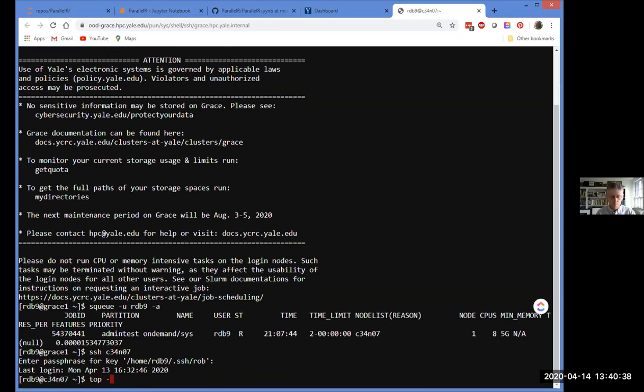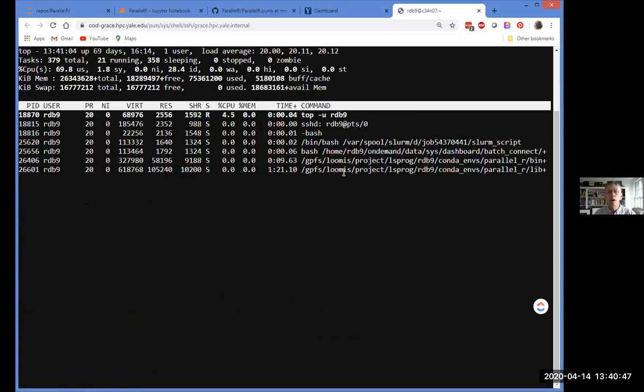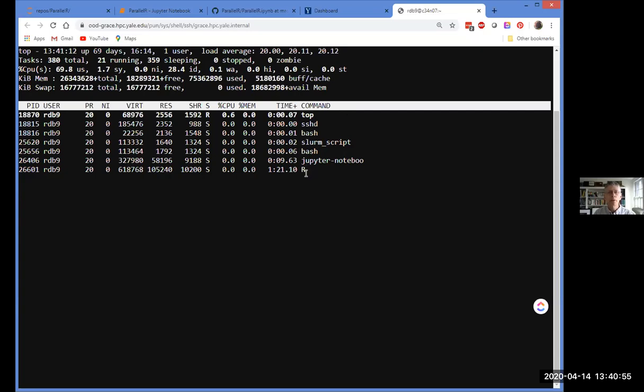And run top. This is showing all of the processes that I have running on this compute node. It's a little hard to see that way, but you can see I have my notebook and my R kernel.